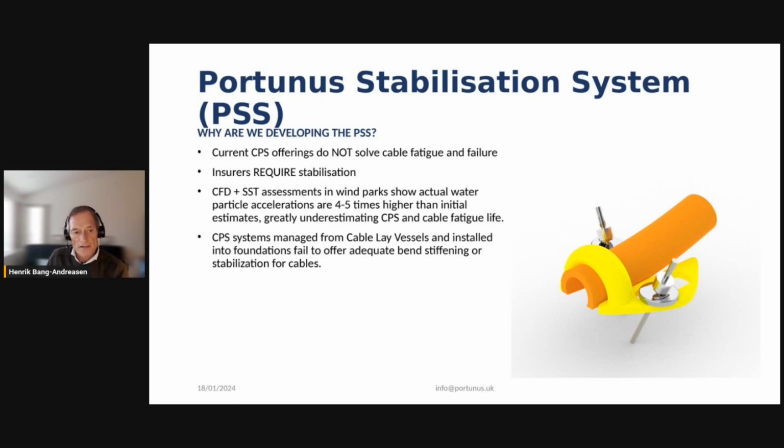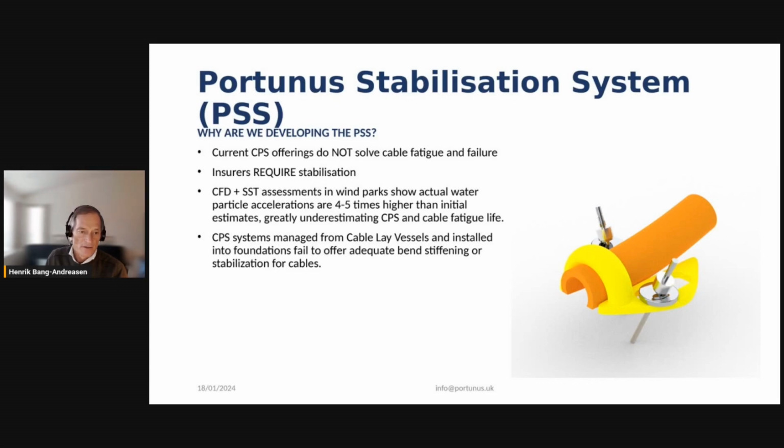When we've conducted analysis with CFD with SST turbulence assessment of wind parks mid-ocean data, we have actually shown that the actual water particle velocities are accelerated up to 4 to 5 times higher than the initial estimates, so that the cables and CPSs are basically analyzed at 4 to 5 times lower forces than is the actual,